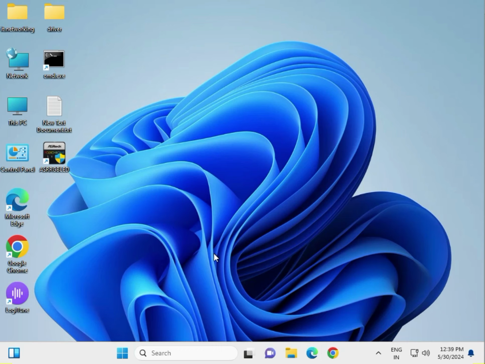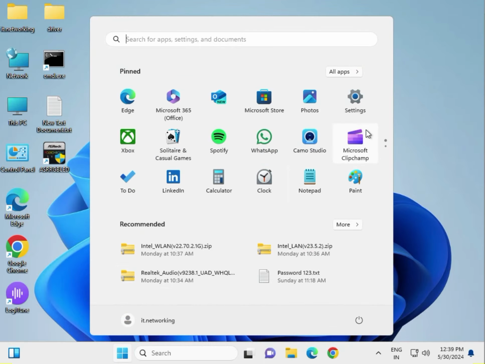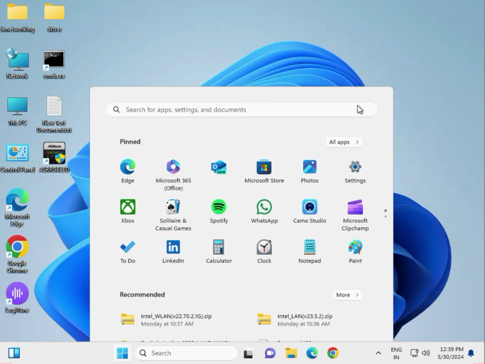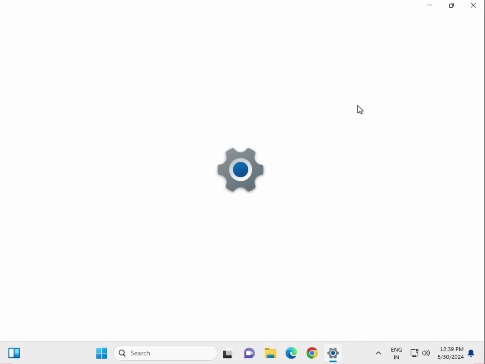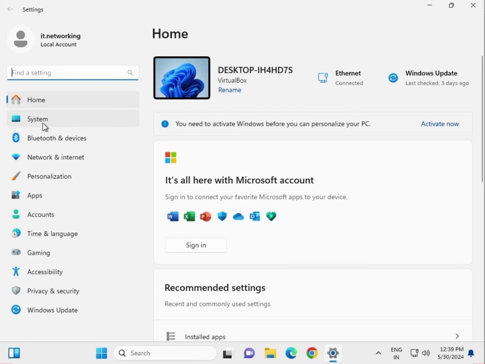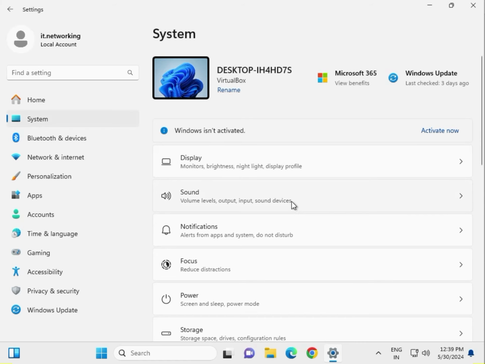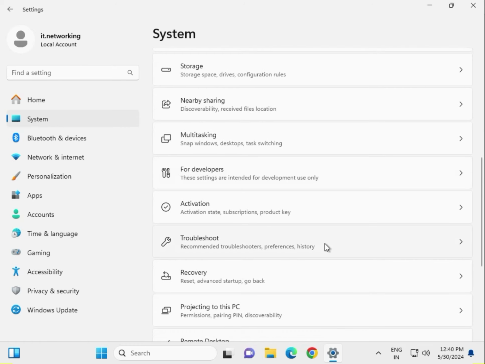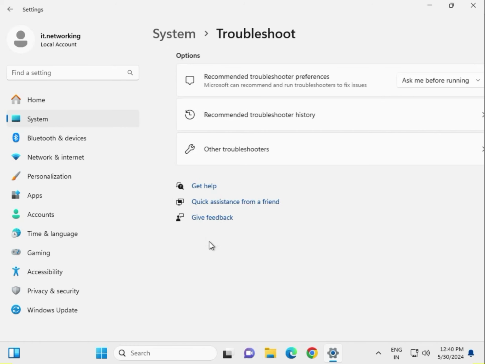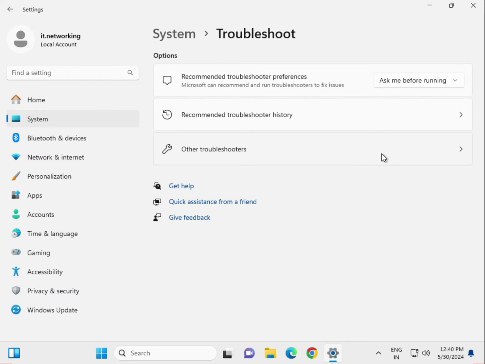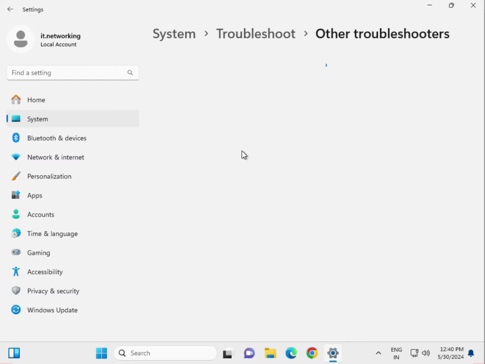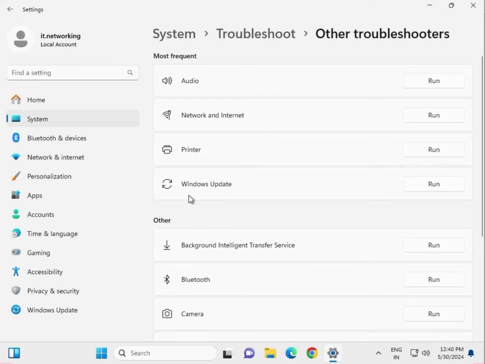So first method is run Windows Update Troubleshooter. Click the Windows Start key, go to Settings, click System, scroll down, Troubleshoot, other troubleshooters, Windows Update. Click on Run